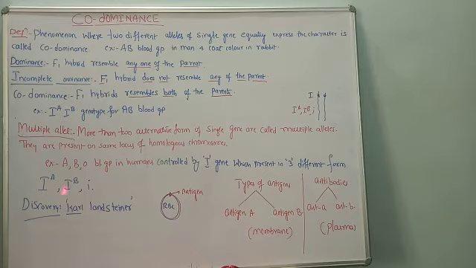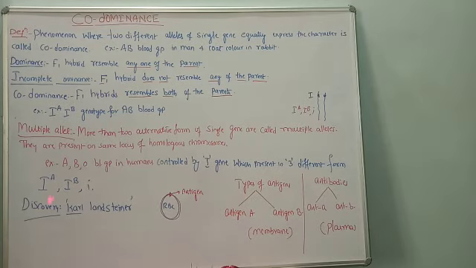Understood? So humans produce a capital I gene, and three different forms of alleles are possible in the ABO blood group: capital IA, capital IB, and small i. When capital IA is present along with small i, only capital IA is going to express. When capital IB and small i are both present, only IB is going to express. Small i does not produce any sugar, hence it is not going to express itself.